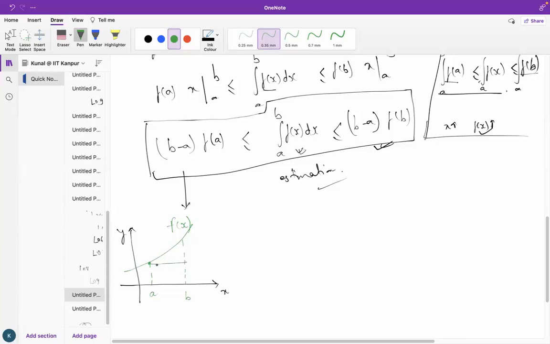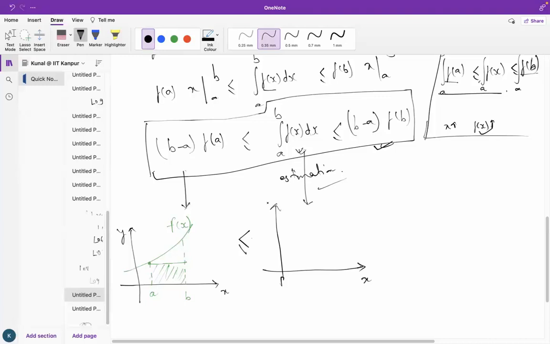So this area represents the integral of f of A, which is constant, from A to B. So this area is greater than or equal to, now for that graph,